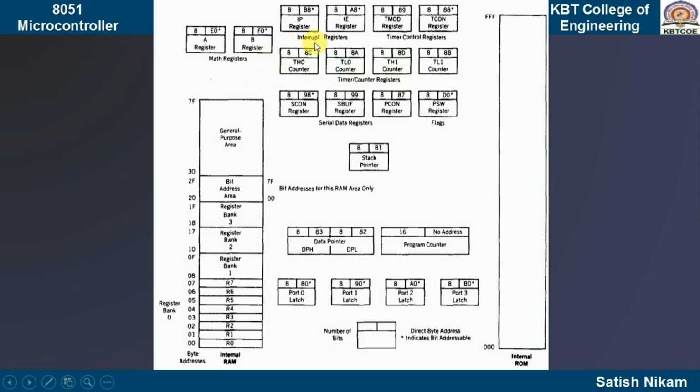As we discussed, both the timers are 16-bit. So here you check TH0 and TL0. These are the 2 registers related with the timer, and they count the number of pulses applied to them. Same way for timer 1 we have TH1 and TL1, timer higher 1 and timer lower 1, the full forms, and for timer 0 we have timer higher 0 and timer lower 0. By the combination of these 2 we have timer 0, and by the combination of these 2 registers we have timer 1.